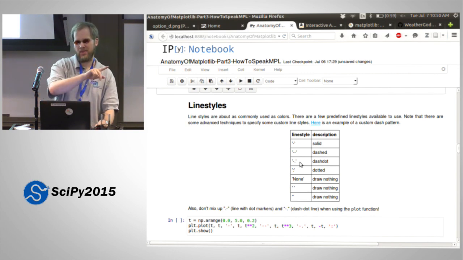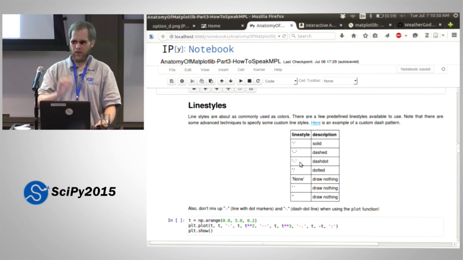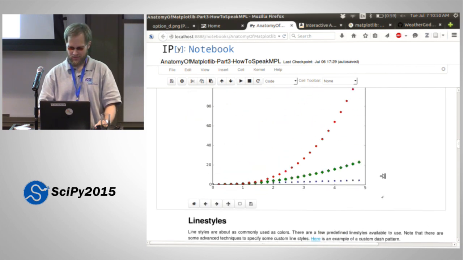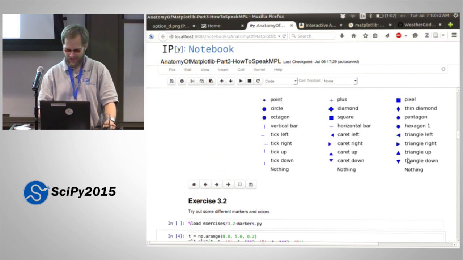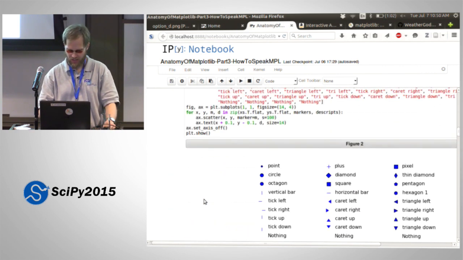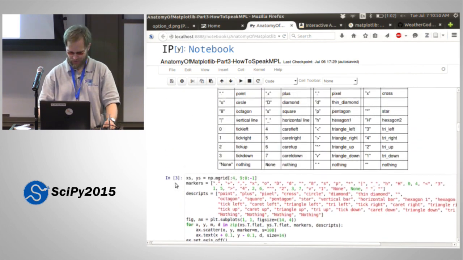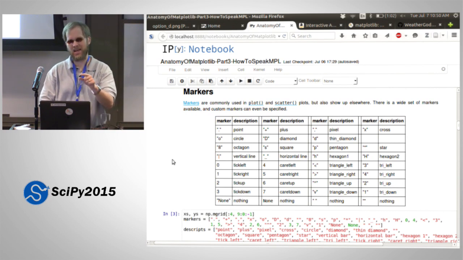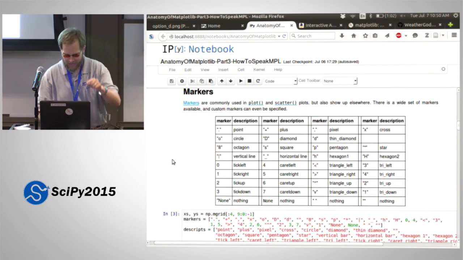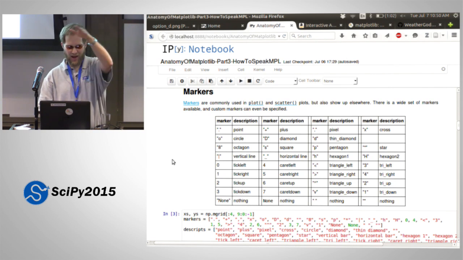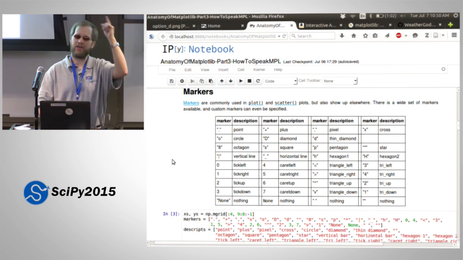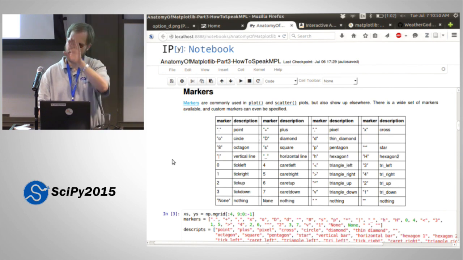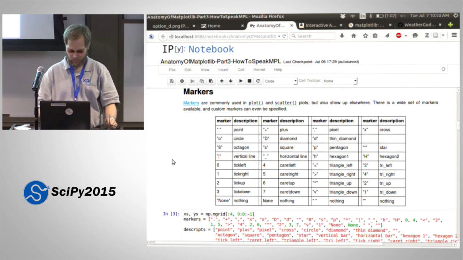Because if you do a dot, then a hyphen, a dot is, remember, well, probably don't remember because we went over it very quickly, but a dot, being just a period, is one of the markers. So if you do a dot and then a dash, it thinks that you want the dot marker with a solid line. So if you want a dash and dot, hyphen then period,